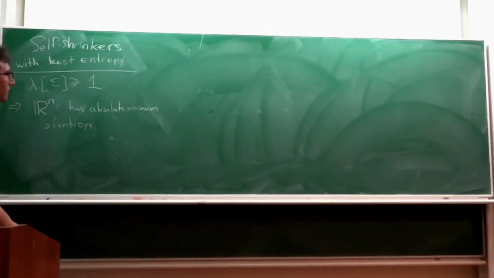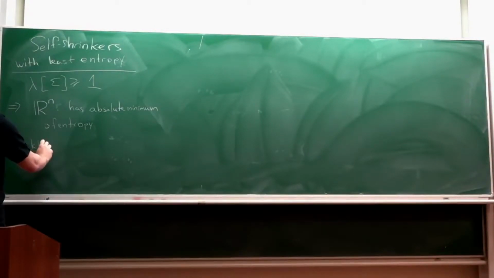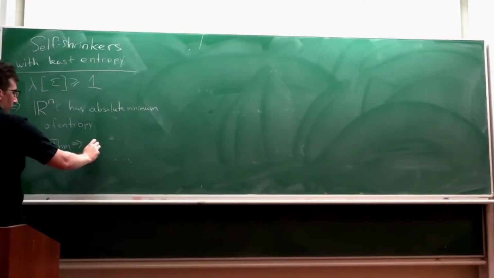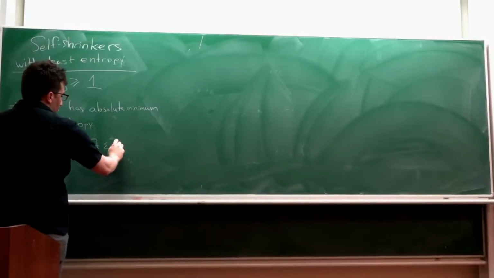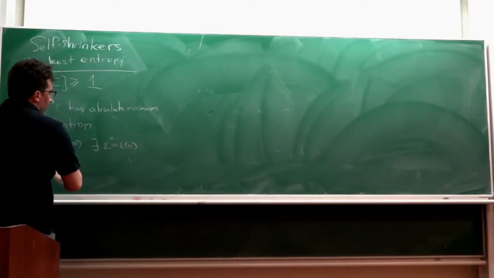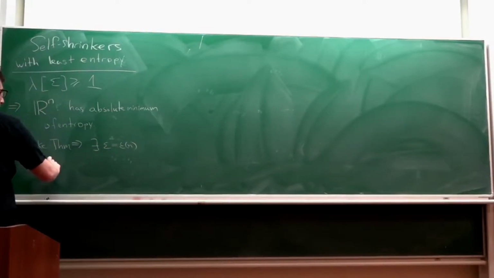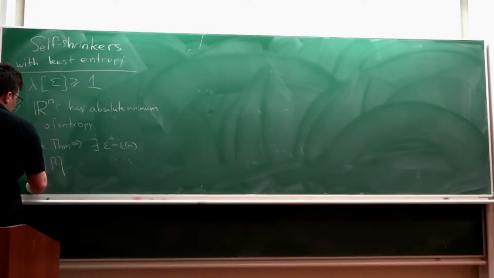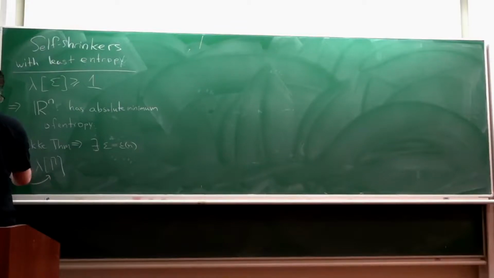And similarly, as I mentioned already, Brocchi's theorem implies that there's some epsilon depending only on dimension, so that the entropy of gamma, where gamma is not R^n and a shrinker,